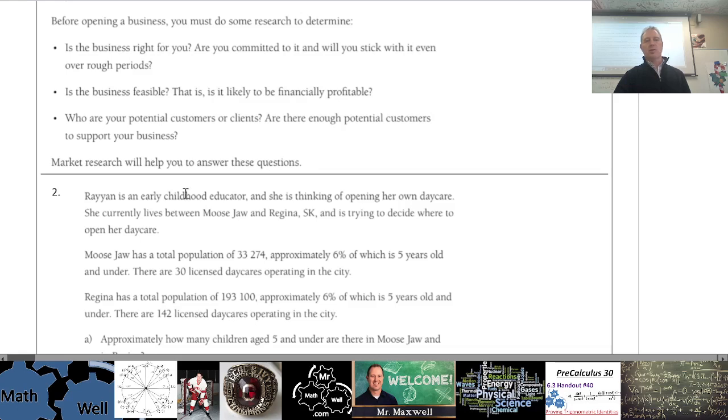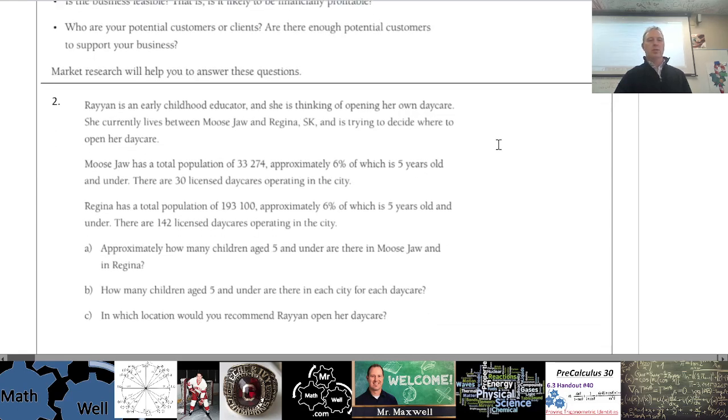Market research will also help you to answer these questions. Okay, so Rayanne is an early childhood educator, and she's thinking about opening up her own daycare. She currently lives between Moose Jaw and Regina, and is trying to decide where to open her daycare. Moose Jaw has a total population of 33,274 when this was printed, approximately 6% of which is